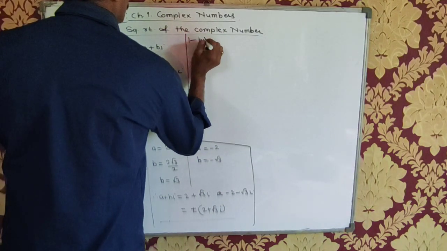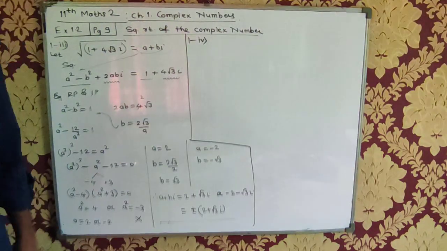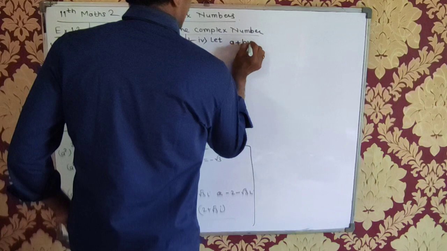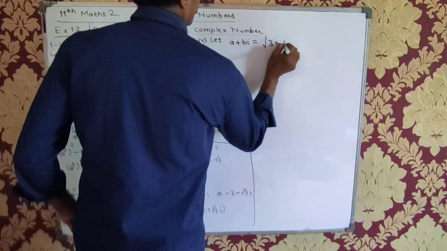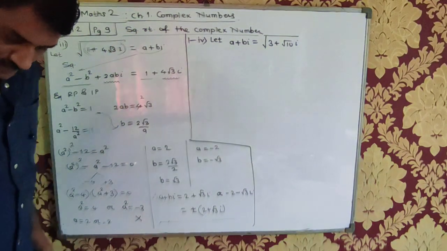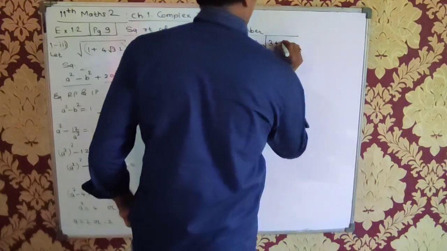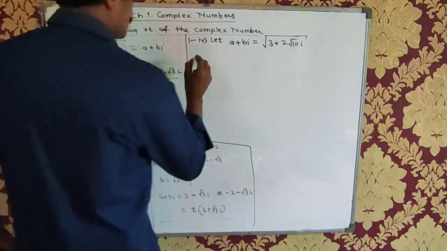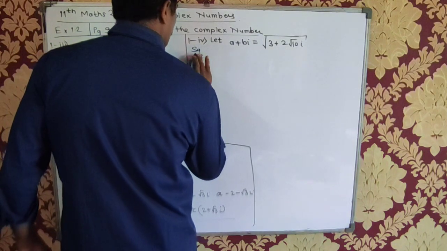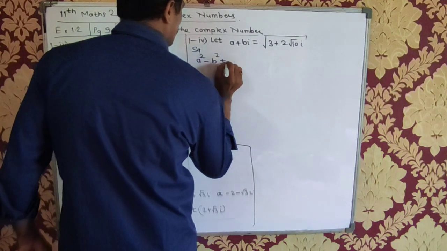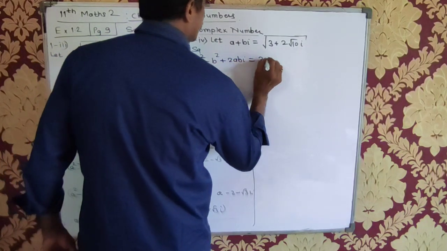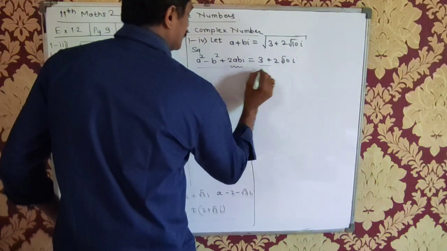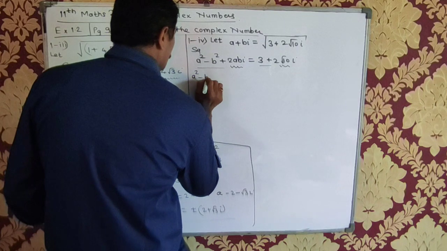1 subpart 4: 3 plus 2 root 10i. Let a plus bi be equal to the square root of 3 plus 2 root 10i. Alright. Squaring both the sides: a square minus b square plus 2abi is equal to 3 plus 2 root 10i. Equating real part and imaginary part: a square minus b square is equal to 3